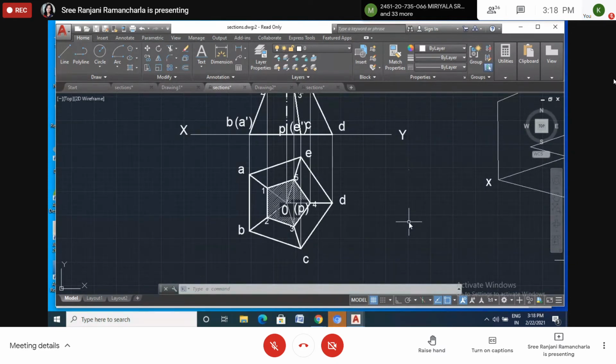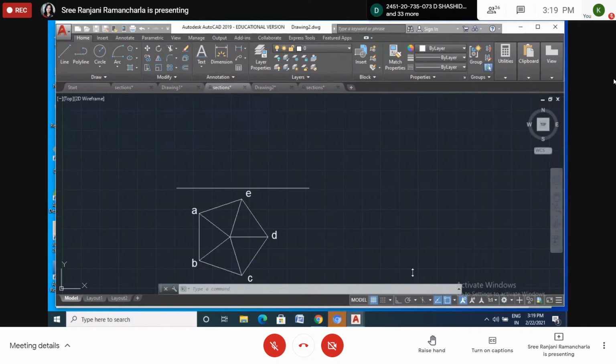Projection of lines, when the line is perpendicular to VP or HP, then one endpoint will be in the brackets. So without looking at this figure also, we can tell where is P and where is O. Whether it is inverted or elevated, you can understand by looking at all these points. Okay.